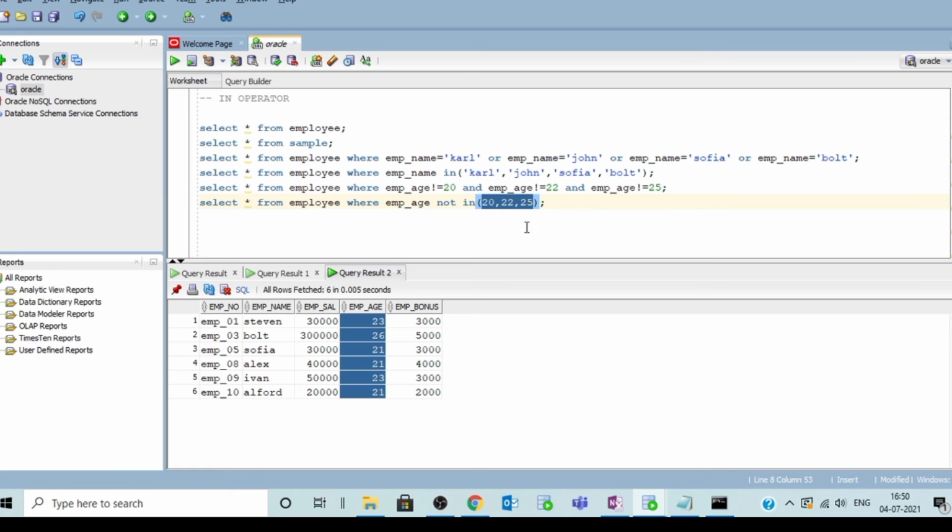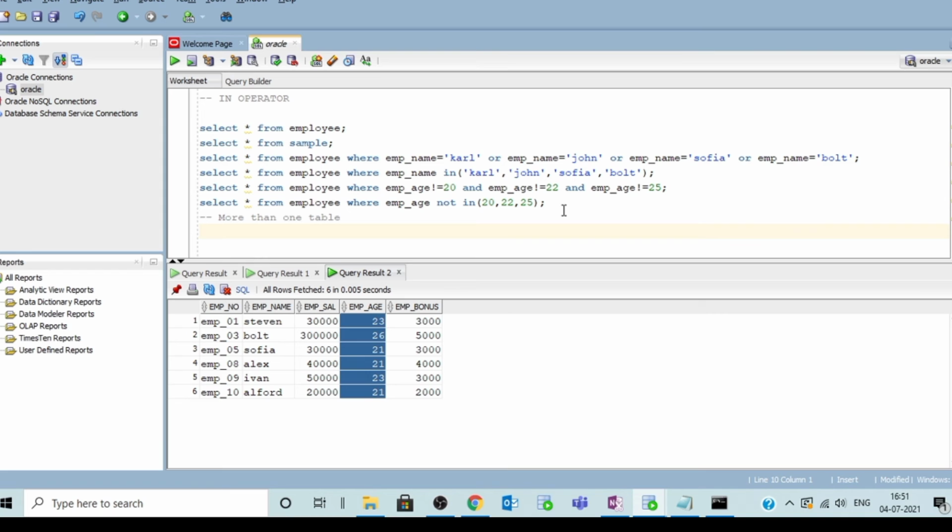Let's try an example using IN with two tables now. One is the employee table, another one is the sample table.